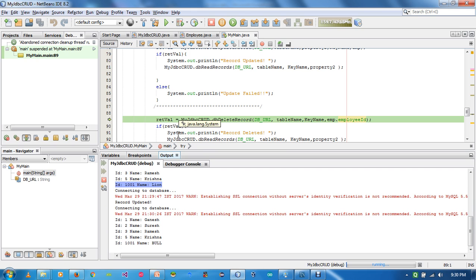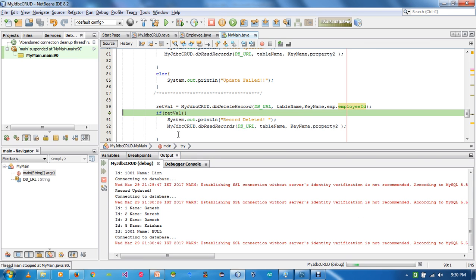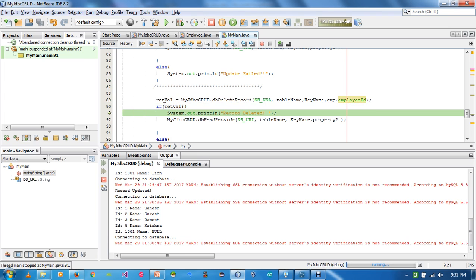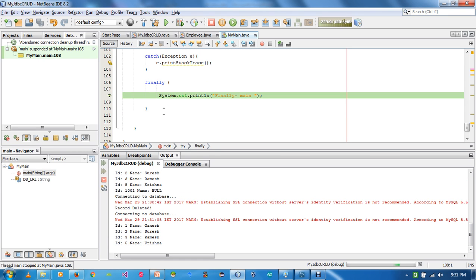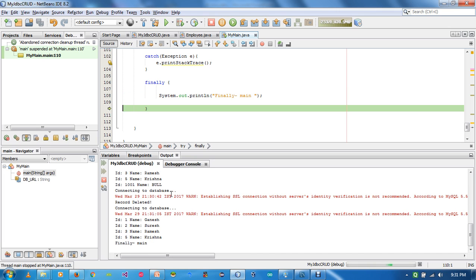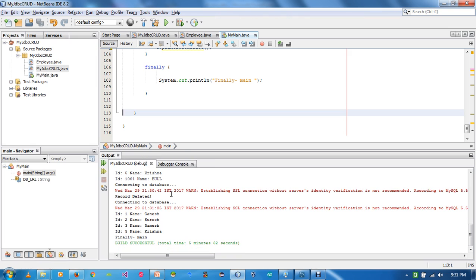Now we would like to show the working of delete record. Here we are just passing the ID. So the record is deleted, and it will return success or failure; let's say here it has already been written as true. Now we can enter into the code here, and we can see the record deleted, and once again we will read the records. Now you can see here only 4 records as in the previous one. And then finally we will be in the main, and then we are done.